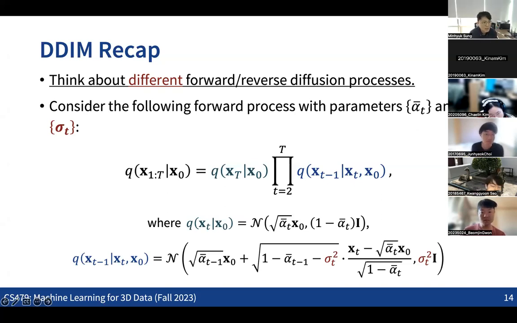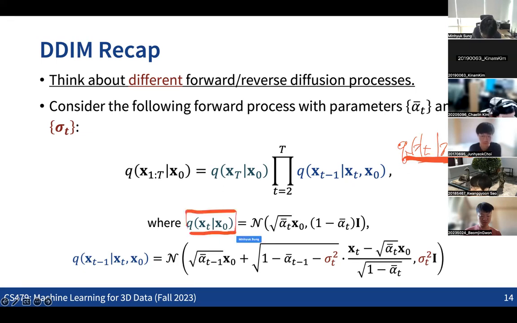In the DDIM model, instead of modeling the forward transition, in the DDPM case we are directly modeling this: from x_{t-1} we get x_t. So we are modeling this. But in the DDIM model, instead of directly modeling this, we are modeling this and this conditional probability distribution in a way that the forward transition can be defined based on Bayes' rule. And we are also making these definitions with a new parameter, sigma here.